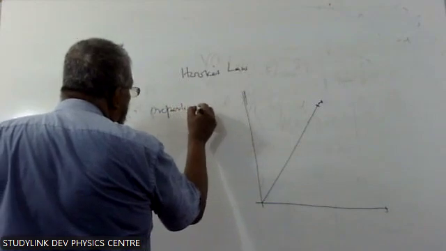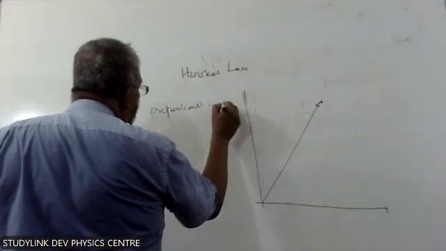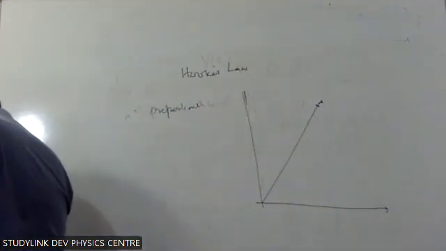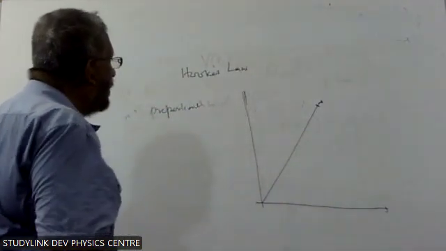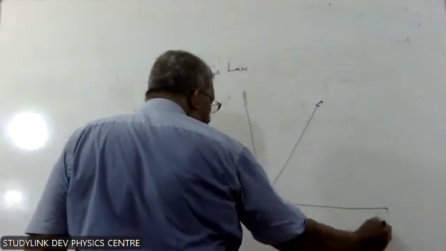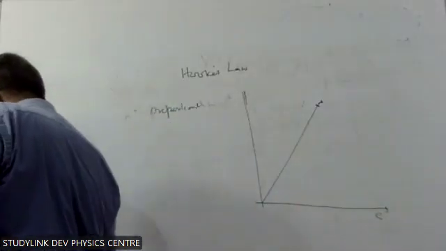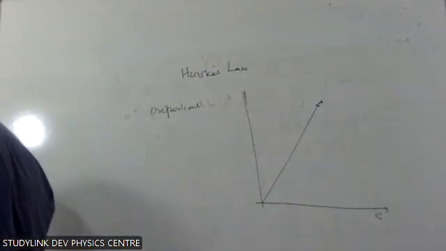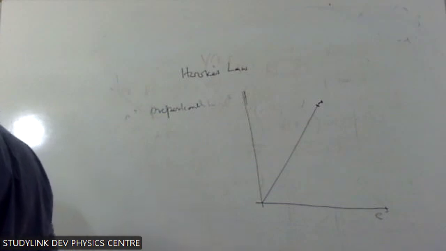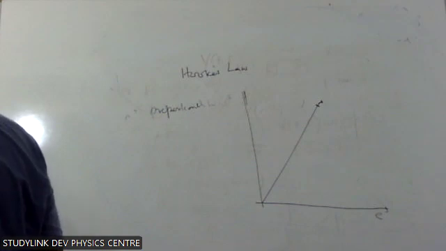Proportional limit. So how do we say that? This is force, this is extension. Then within the proportional limit, extension is directly proportional to the applied force. That is what we have to consider there as Hooke's law. Right, first you write